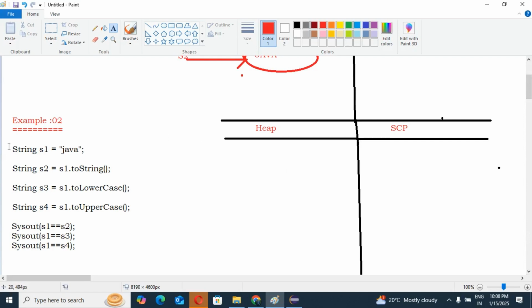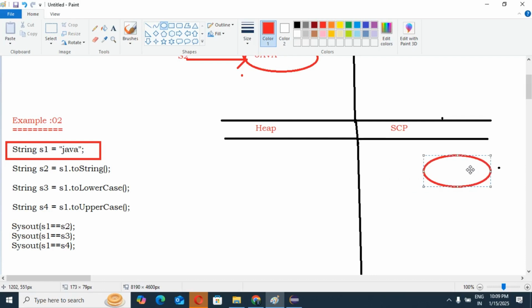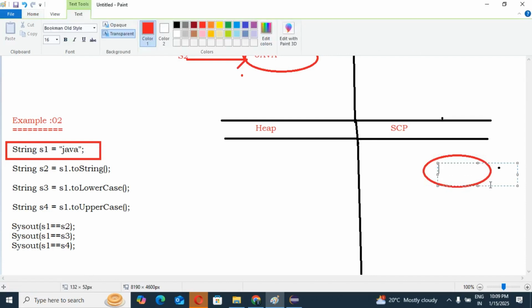See guys, concentrate here. First you can see string s1 equals "Java". This is a string literal, so literals will create the object in our SCP area. Directly we can create the object in the SCP area, that is our Java.